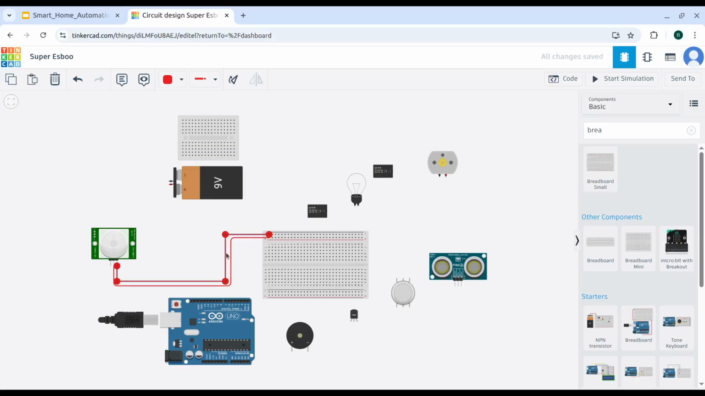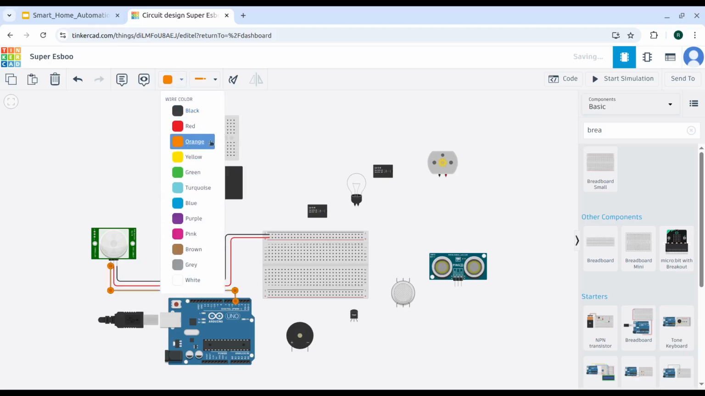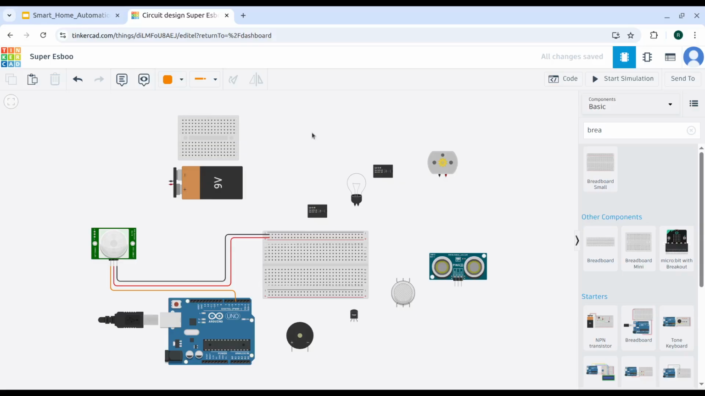So this is the PIR motion sensor, so change it to black, and this signal pin, I will connect this to pin number 4. So I will change it to orange. So this is the PIR motion sensor connection. It is used to detect the motion. And next connection is